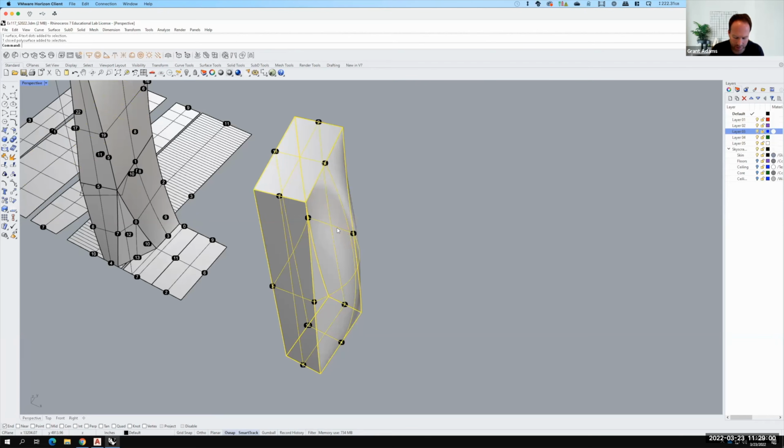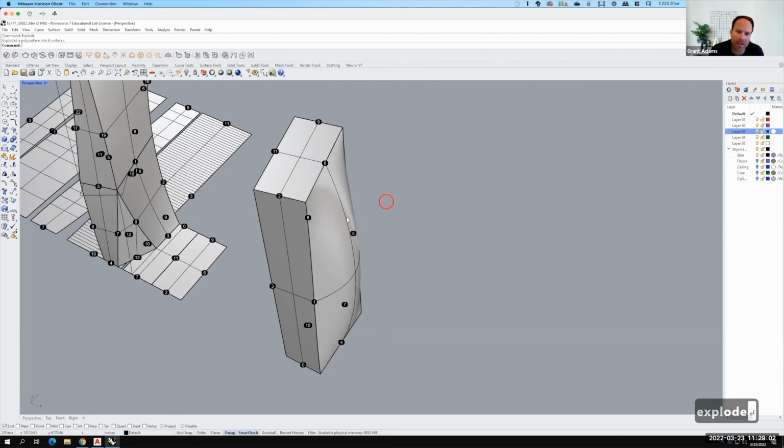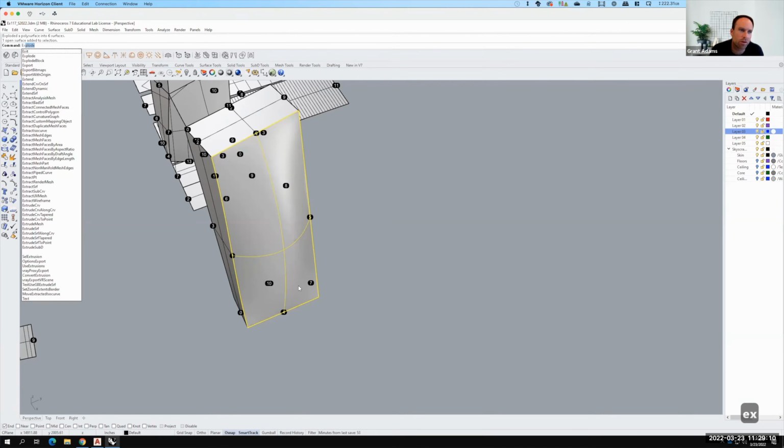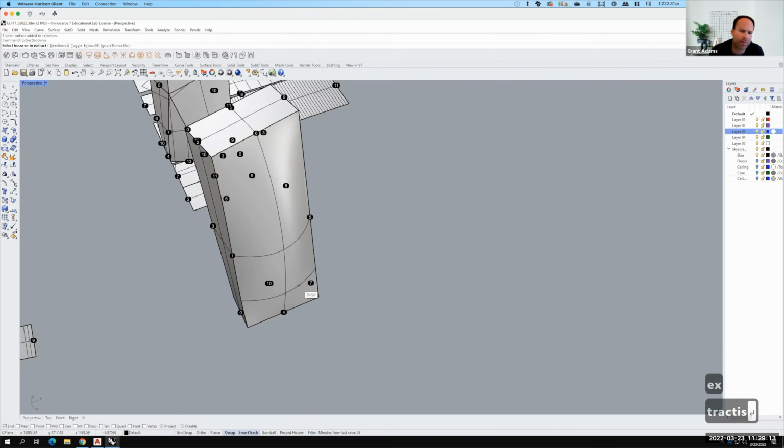So we could, for example, take this, let me go ahead and explode it, and I could simplify this front face. I can do that by extracting a curve from right there. So I'll use the extract ISO curve tool. I don't want it in the U direction, I want it in the V direction. And then I could snap to the middle here. I have to turn on my midpoint snap, here we go. And there it is. What that does is it gives me a curve here. Then I could duplicate the edges to create a curve there